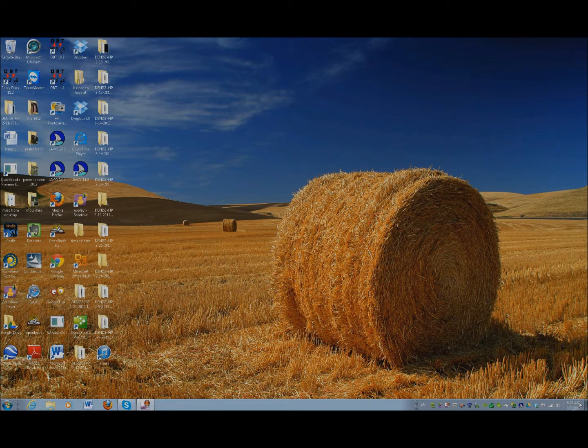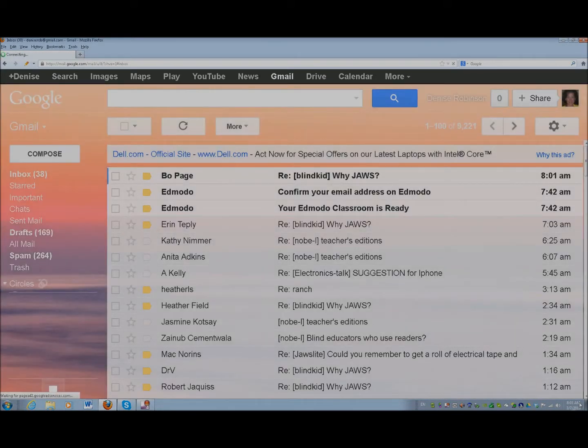And so there's just a few tricks here that you need to learn. So let's get into my Gmail account, and you will need a Gmail account. So get signed up, get a username and a password. Gmail, Mozilla Firefox. And now I'm going to go ahead and use my links to get to my drive, so